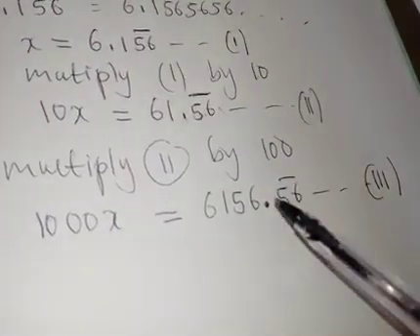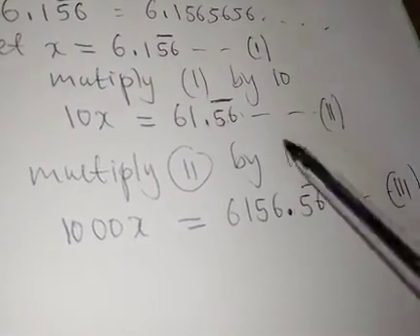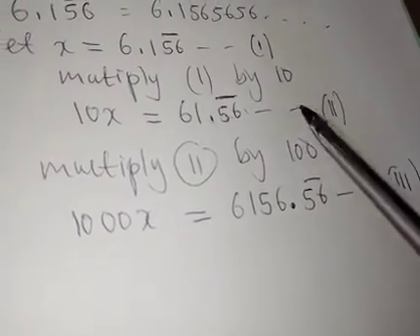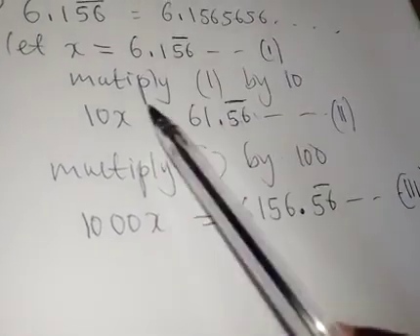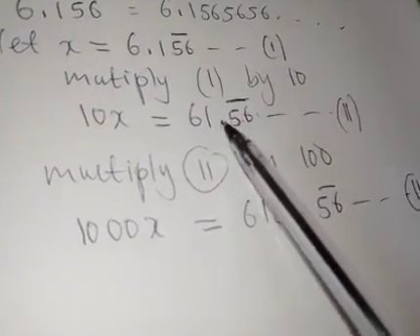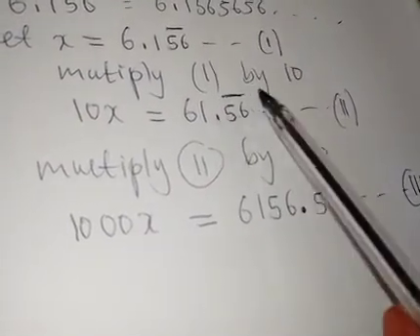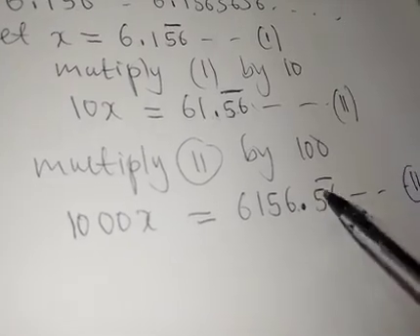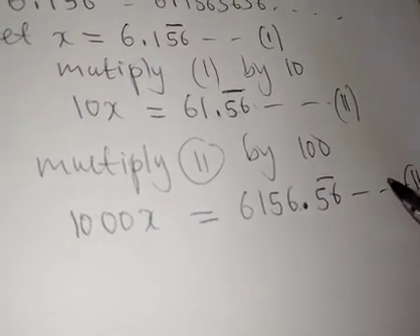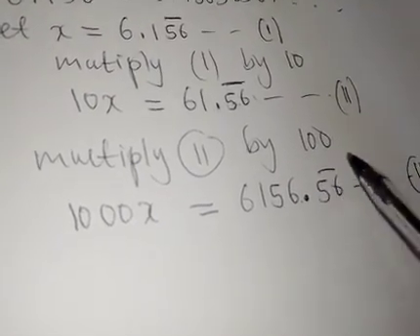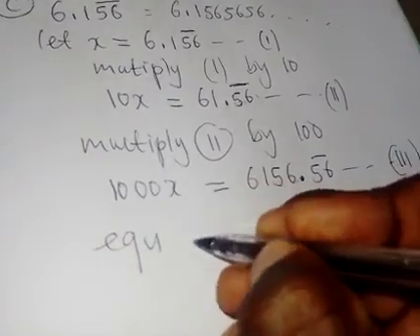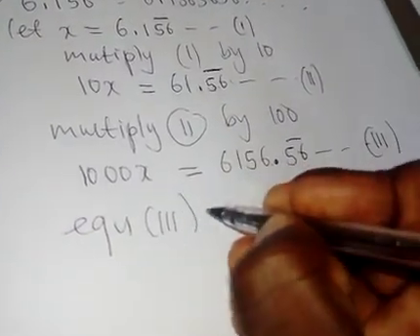Okay, then here, let's now subtract these two equations, equation 3 and equation 2. For equation 2, we have a decimal point immediately before the repeating numbers, and for equation 3, this decimal point is immediately after the first repeating numbers. So these are the two equations you subtract. So we'll say we are subtracting equation 3 minus